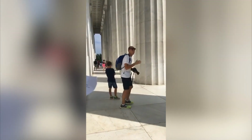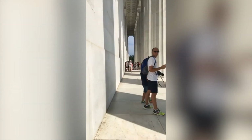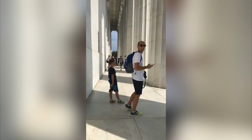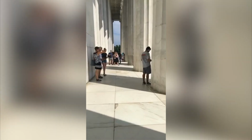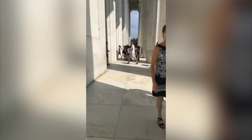The discovery of this expletive graffiti on Tuesday happened days after violence broke out in Charlottesville, in Central Virginia, over an American Civil War era monument. Okay, on Saturday, a